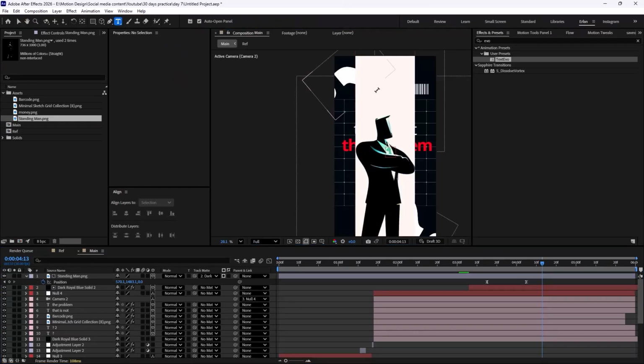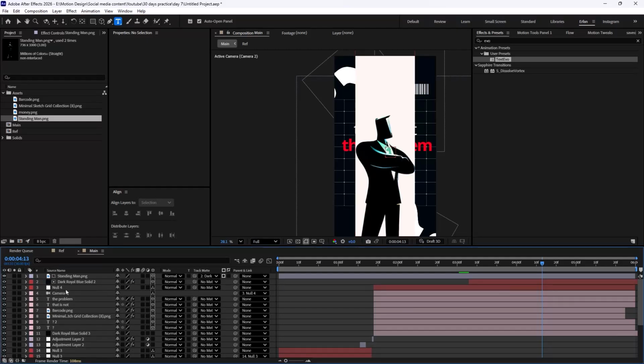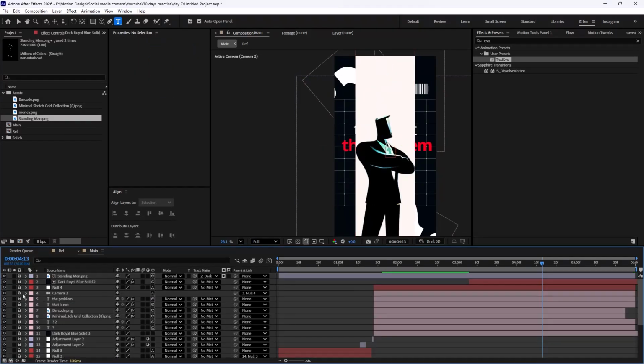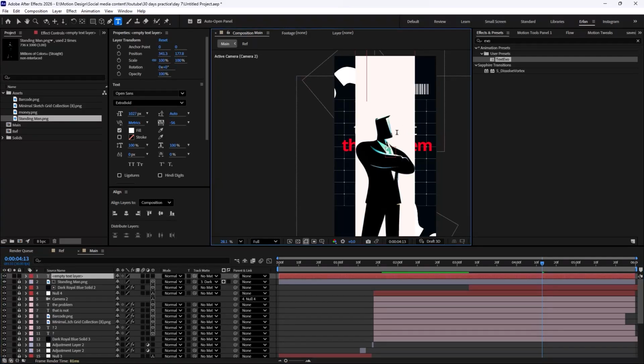And we're gonna just add these last sets of texts. Well, to add the text without interfering with these layers, I'm just gonna select everything and press Ctrl+L to lock these layers. Now I can just freely add the text quickly.